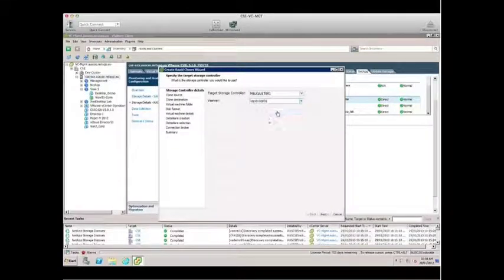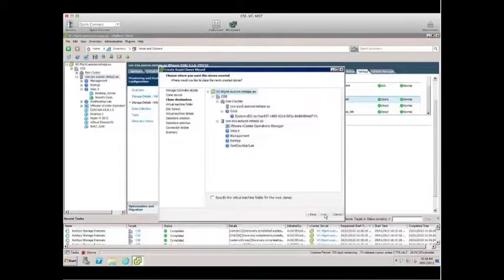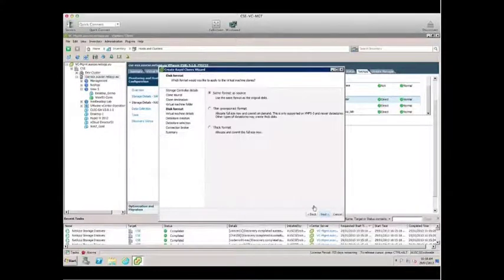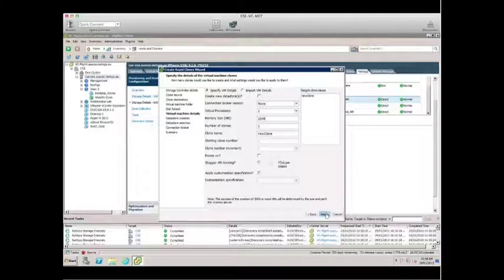So I won't explain all of these various selections here, but you're basically just selecting the controller, selecting the data store, which cluster the cloned VMs are going to start up on, and then it's going to deploy, and then we'll watch that process. So here's where we're just saying how many clones we're going to do. Important to note here, I might pause